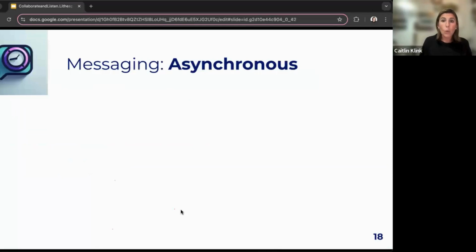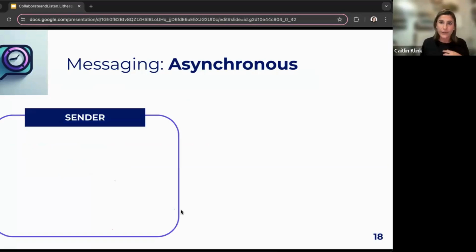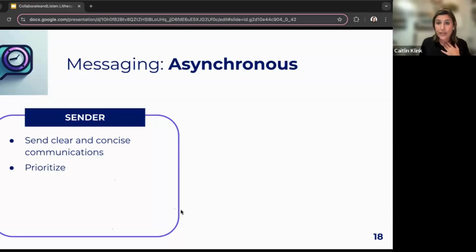Okay, so what that leads to, if we start to contemplate these strategies and start to put some of these norms in place on our teams, we move to a really different experience with messaging. So we move from this real-time messaging world where everything is urgent and you feel like you're available all the time and therefore distracted all the time, to a place where, as a sender, I'm being really clear and concise when I'm sending communication. I'm prioritizing and considering what I'm going to put in a message versus an email versus a comment on a Google Doc, right?